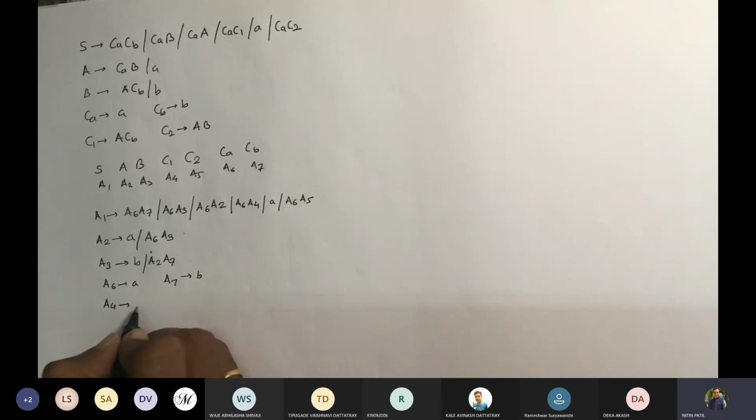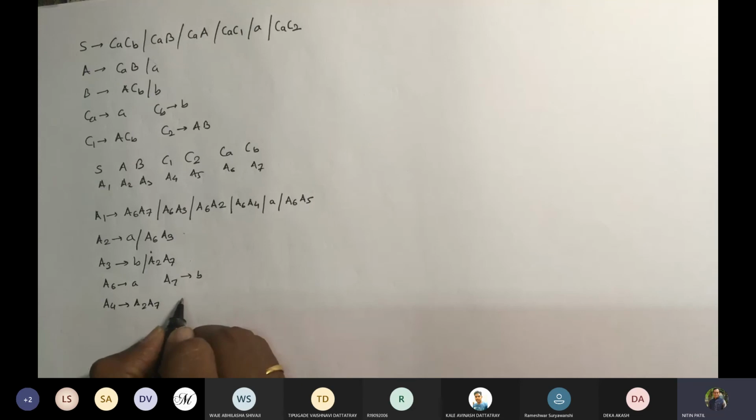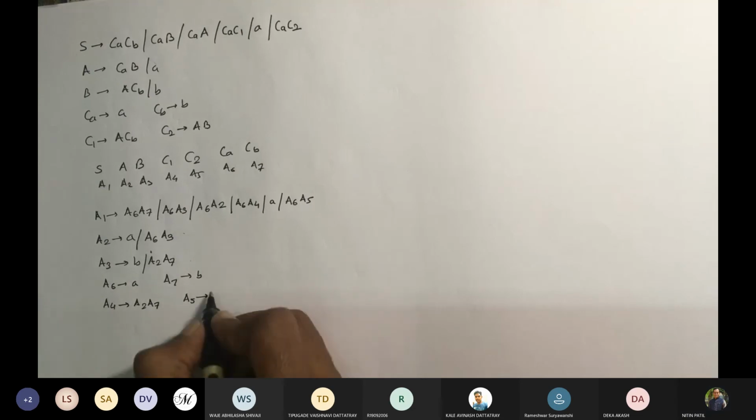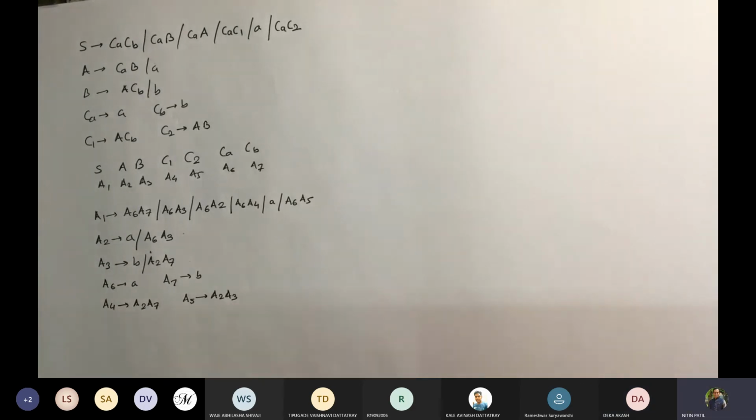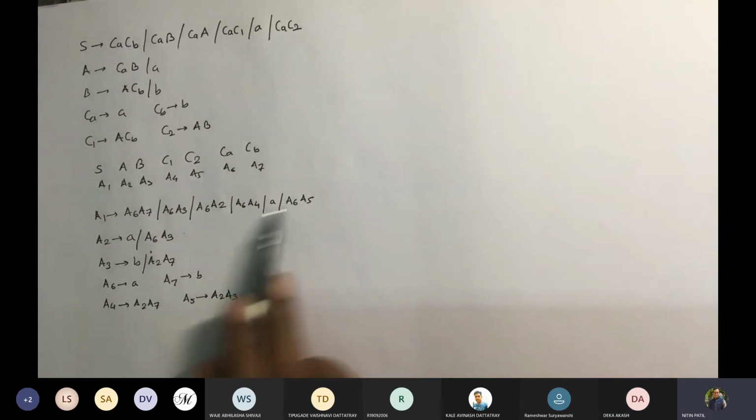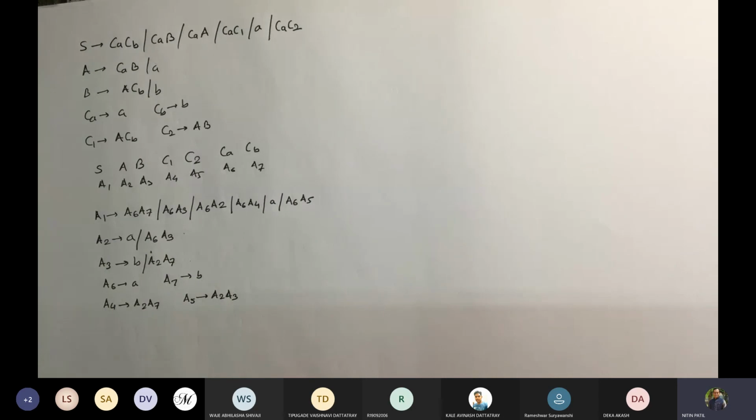A4, A4 gives ACB, मतलब क्या आएगा? A2 A7. A5 gives A2 A3. ठीक है, 14 देख लो: 1 2 3 4 5 6 7 8 9 10 11 12 13 14, करेक्ट।